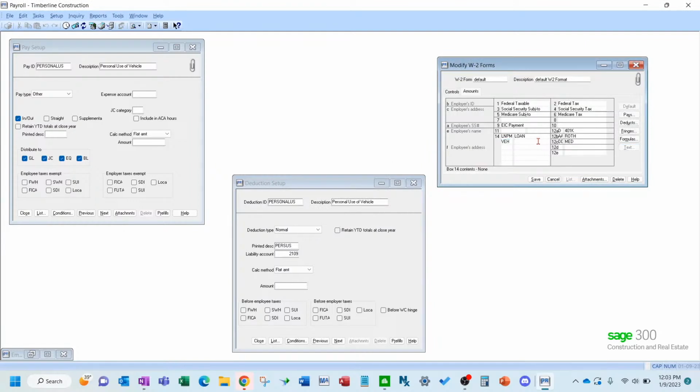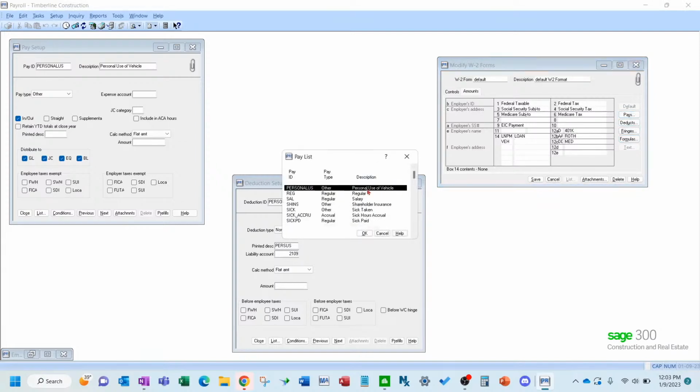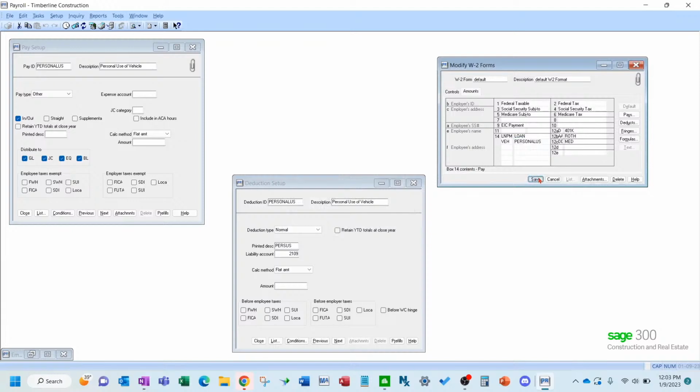It's not required, but in box 14, this is usually optional info, you could put in here the amount that you use on the personal use pay setup, and it will show up on their W-2. Okay, so that's how this area works. You can click here, put the text in, and then pick the different options to go along with it. So I just picked the pays button there as an informational item in box 14.